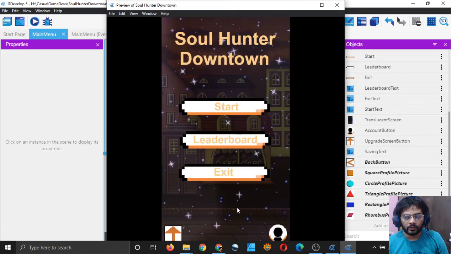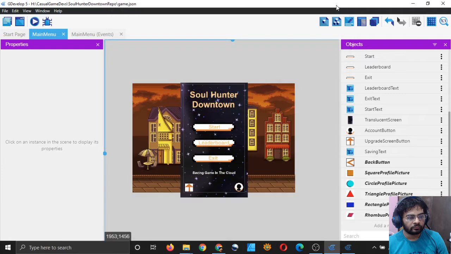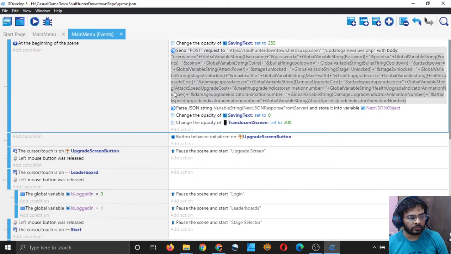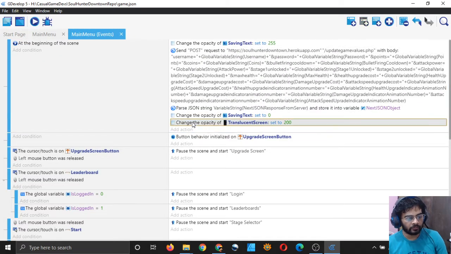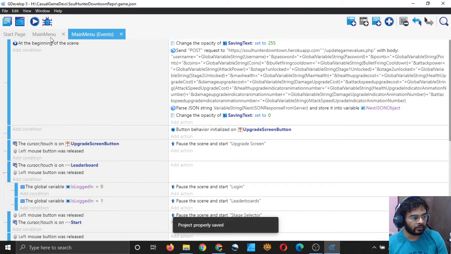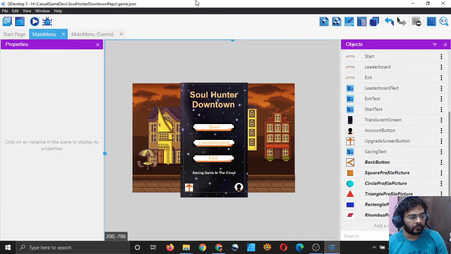So you can see it's a little better, right? So that's how you can change the background, and I think I will simply remove this. I will not change the opacity, and then I will see how it looks.